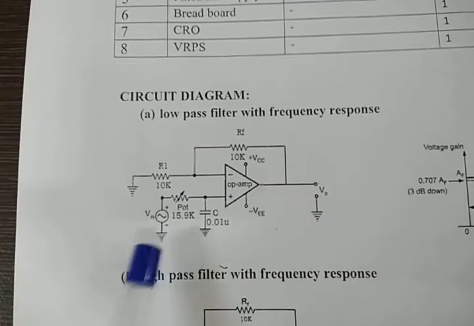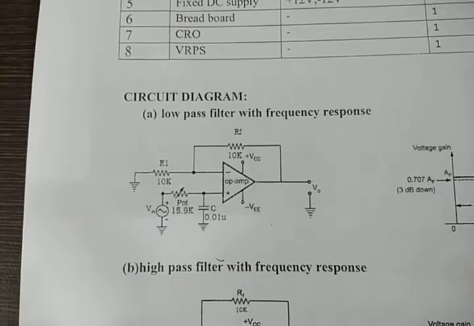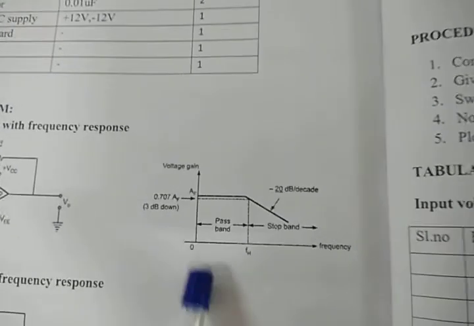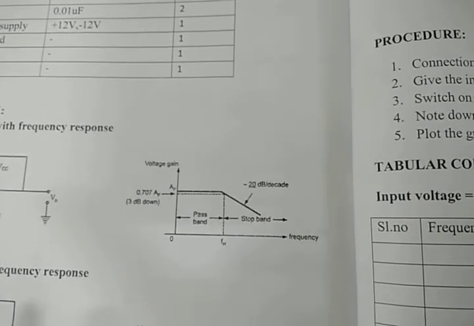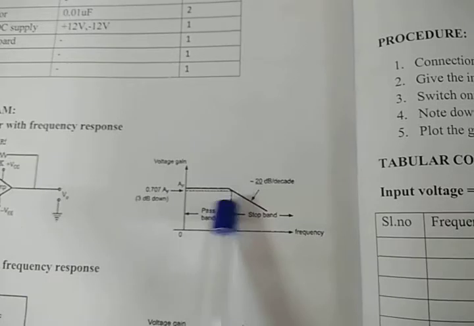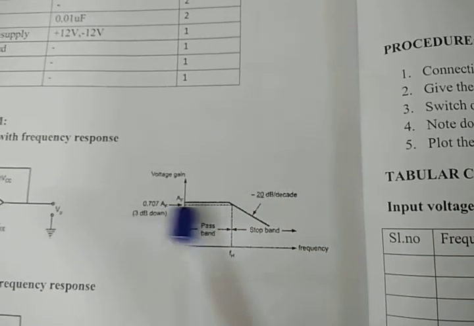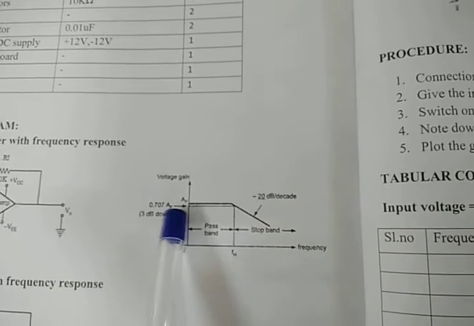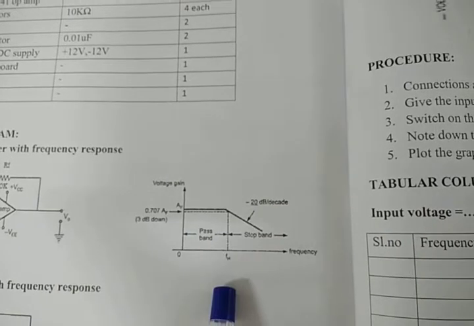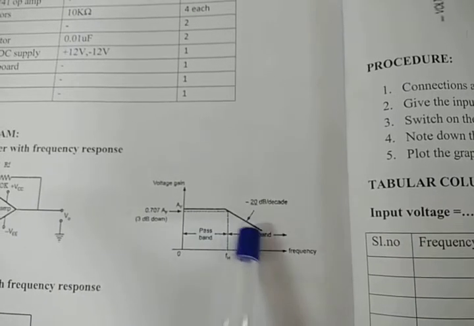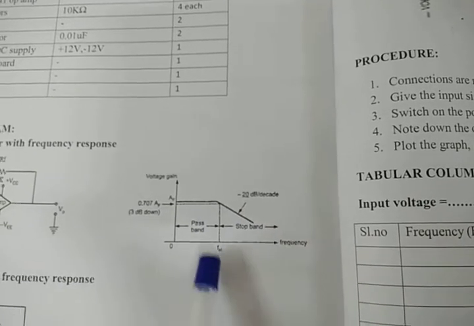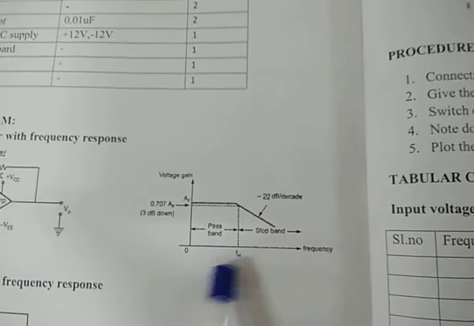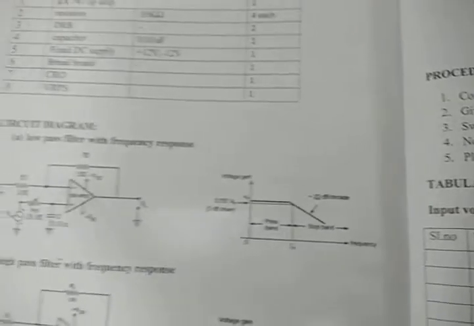So low pass filter means it passes the lower frequencies and rejects the higher frequencies. So what is meant by this? It passes the lower frequencies means the output voltage will be equal to the input voltage. That's why we are getting the gain of 1 here. Gain is 1, so we are getting a flat curve. Okay, flat response. Then from cutoff frequency the output voltage goes on decreasing, hence we are getting a decreasing curve. So this is the response curve for the low pass filter and this is the circuit diagram.